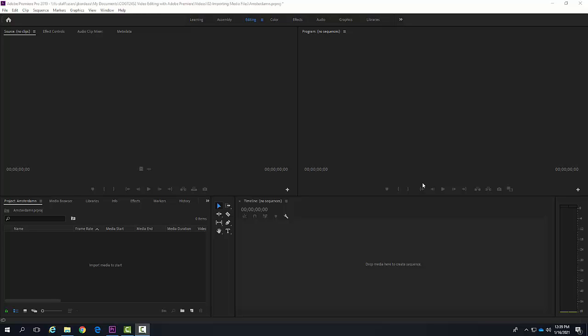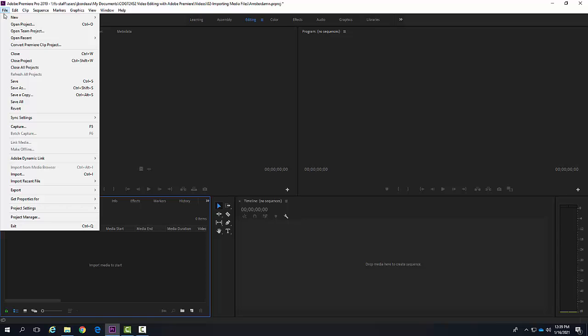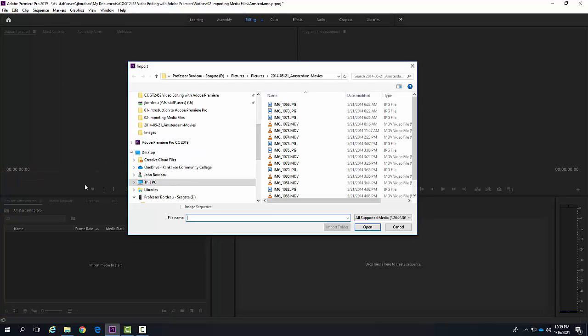Importing files using the import option. There's many ways to import our media, but let's go up in the import option. I'm going to go up to File. I'm going to go to Import. I'm going to go over to my